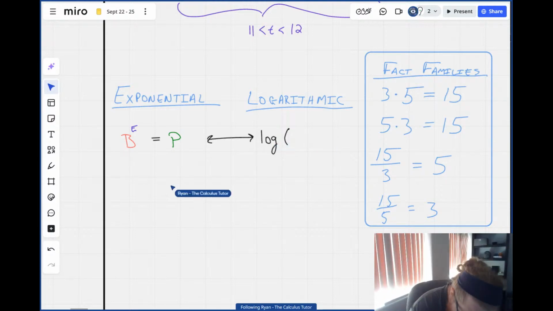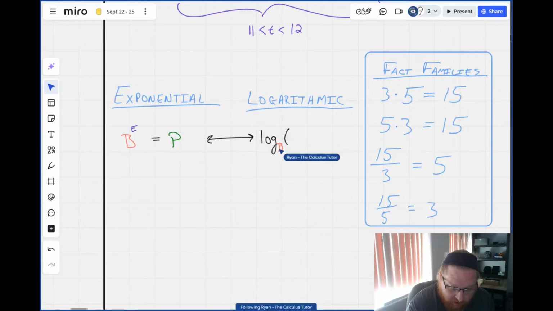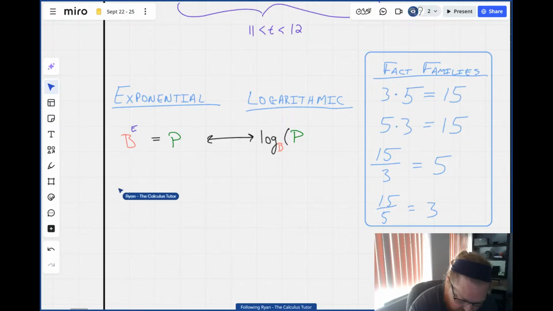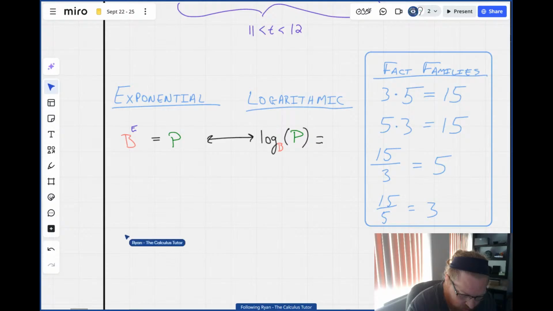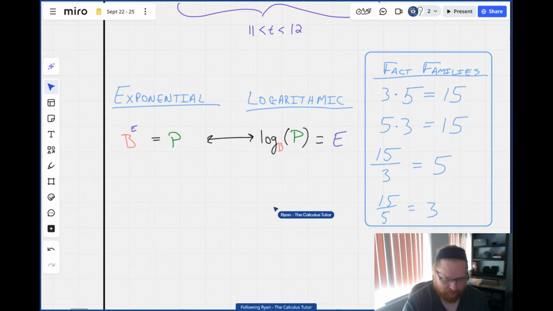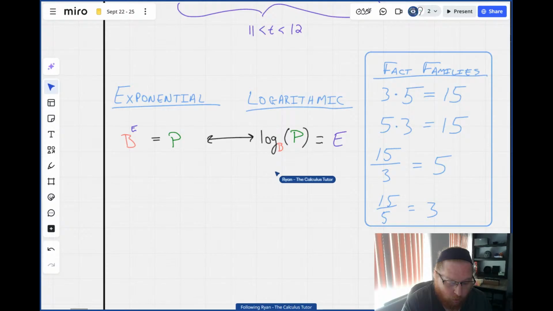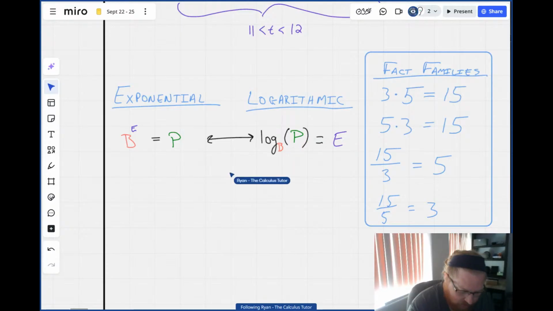I'm trying to write this as nicely as possible. There we go. And then what do we take the log of? Well, we take the log of this p-value, this product. So the result of exponentiation is what you take the log of. And if you take the log of that value, what does it give you? Well, the only third value left, it gives you the exponent value. And so a logarithm answers the question: what exponent would you have to raise b to, to turn it into p? So if you just see log base b of p,